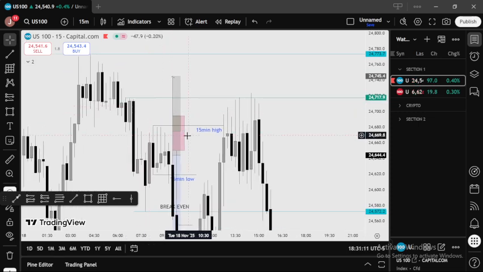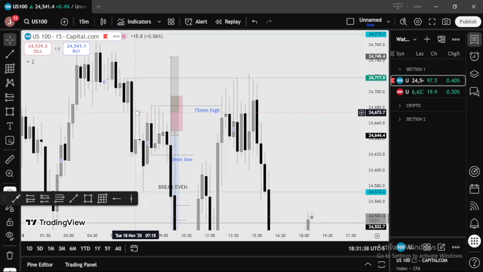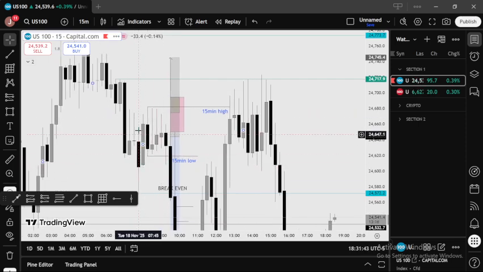One thing I want you to take away is that whenever we have choppy price action like this and you don't really know, just mark out the 15-minute high and the 15-minute low. This was the 15-minute high. I want to see price sweep this high and the hourly high as well. If I were to be bullish, I would want to see the 15-minute time frame close above this 15-minute high, if I were to see a reversal.